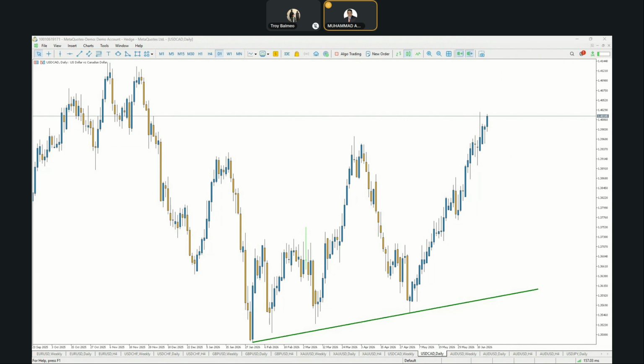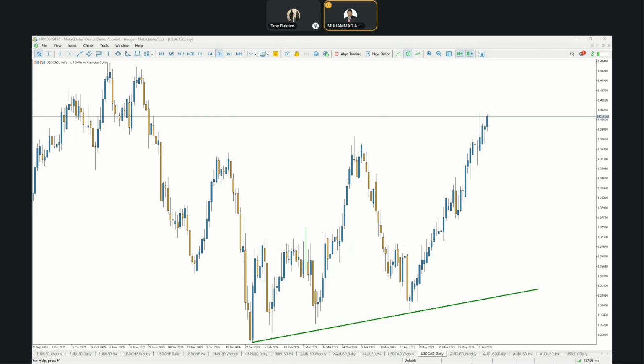This Forex news release is important because it helps shape expectations for future inflation trends and monetary policy decisions by the Bank of Canada. While the immediate reaction may be driven by headline deviation from expectations, broader USD CAD direction will still depend on oil prices, interest rate differentials, and overall risk sentiment.